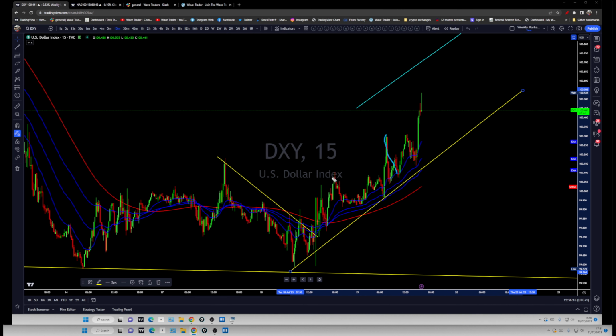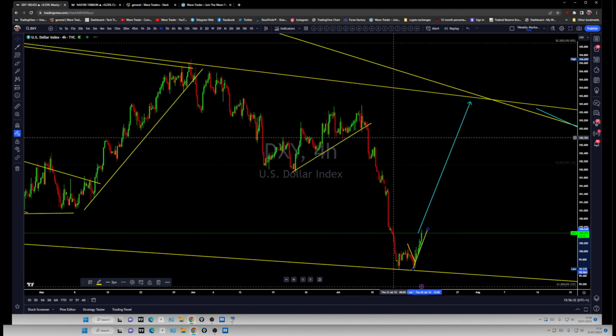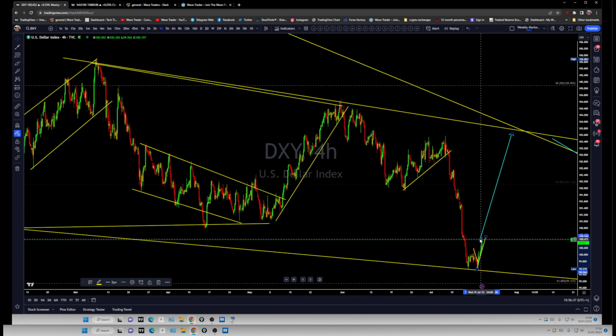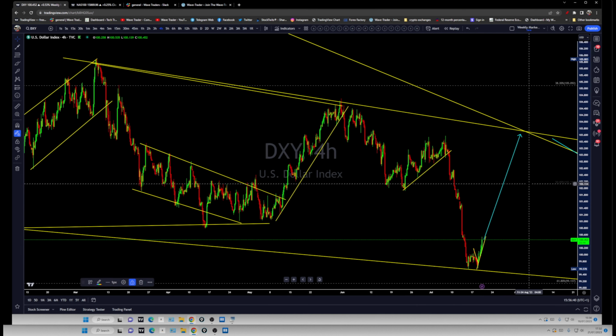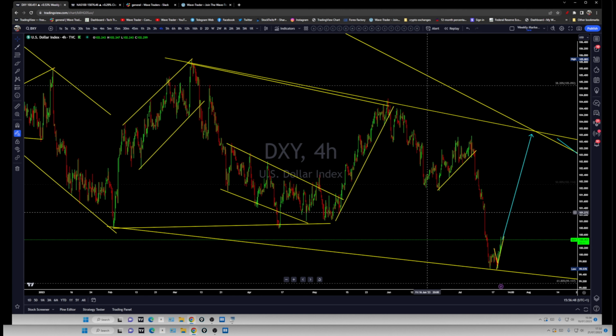All right, so these pullbacks happen and price broke out. So you're looking for another pullback to happen, break out, and continue to keep pushing higher. In case it tests that low and does not continue, it's still going to be a pullback, counter trend opportunity. All right, so we have seen that the dollar has already gained against some currencies, some risk-on currencies, and that's a sign that the dollar, DXY, may also bounce back all the way up to the